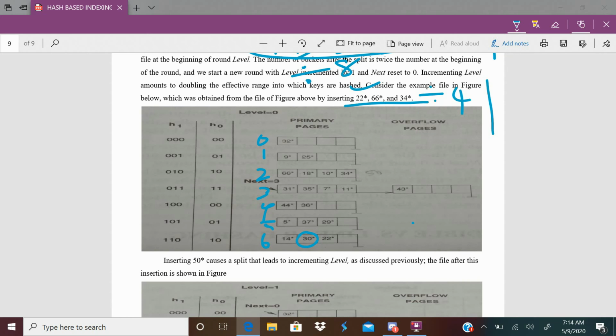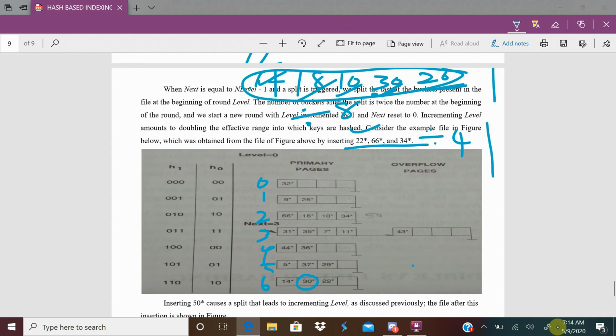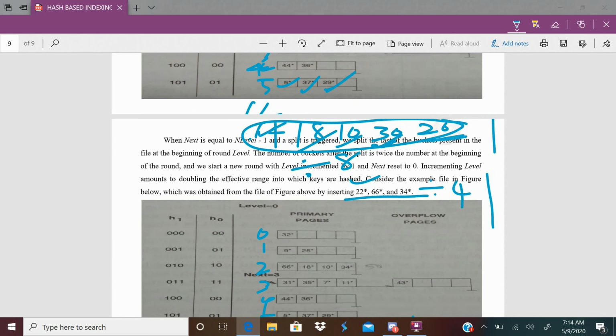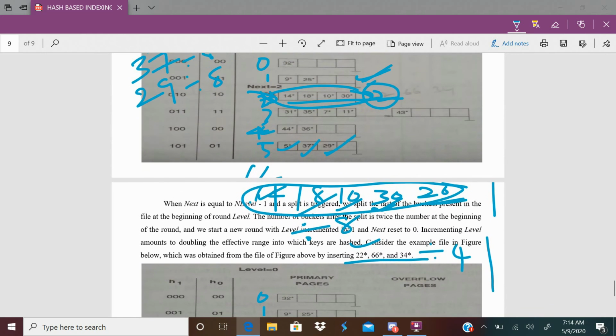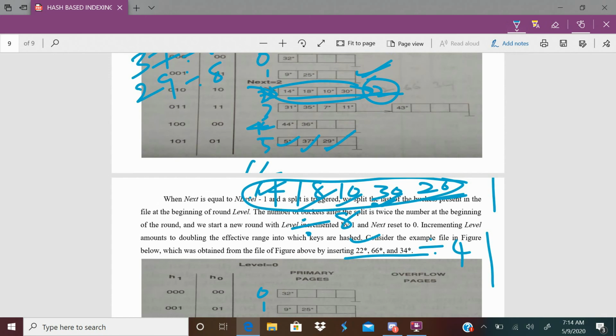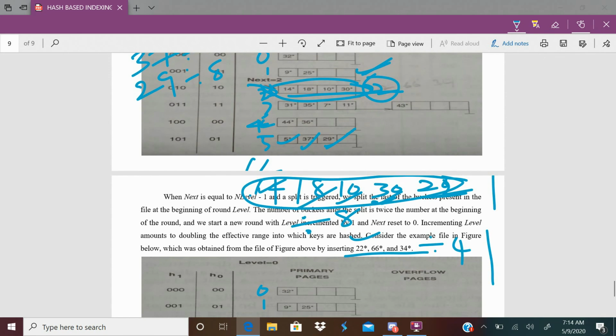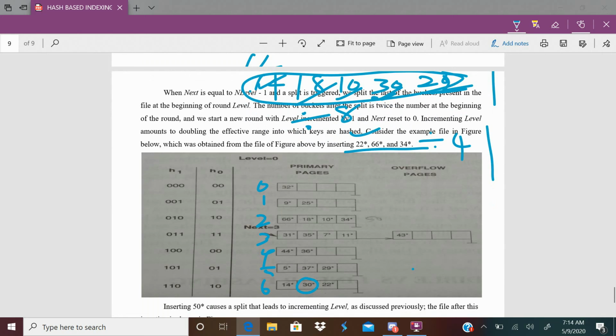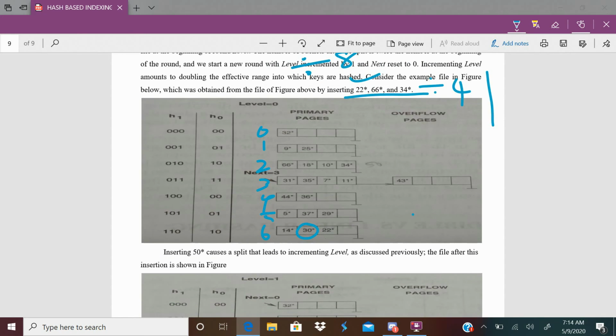So that 20, it is 20. One minute. What we have inserted? 22, right? Yeah, we have inserted 22. 22 modulus 8, 8 2s are 16, means remainder is 6. So you can see 22 also in the 6th bucket.